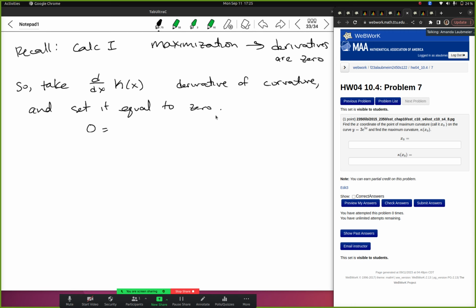So you're going to get 0 is equal to f double prime of x divided by 1 plus f prime of x to the power of 3 halves, the derivative of that. And that derivative is kind of messy because of this term down here. But it is just a